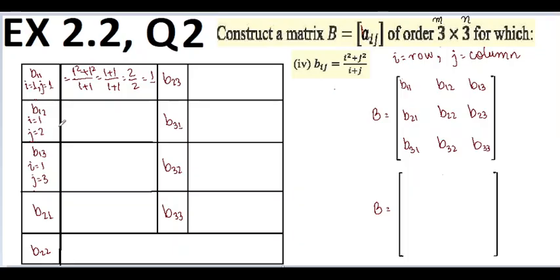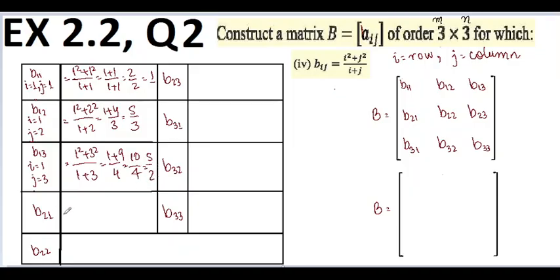Now for i equals 1 and j equals 2 we get, how do we find that i equals 1 and j equals 2? This first term is i and the second term is j. So putting these values in this formula, we get 1 square plus 2 square whole divided by 1 plus 2 equals 1 plus 4 by 2 plus 1 is 3, so 4 plus 1 is 5 by 3. Now we get 1 square plus 3 square whole divided by 1 plus 3 equals 1 plus 9 whole divided by 3 plus 1 gives us 4 equals 10 by 4, which is equal to 5 by 2, since 2 5s are 10 and 2 2s are 4.